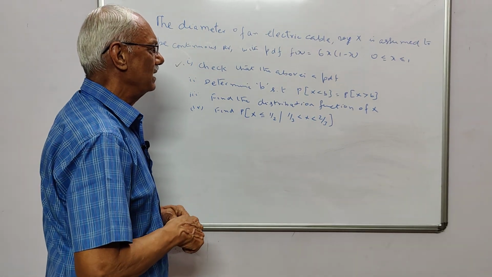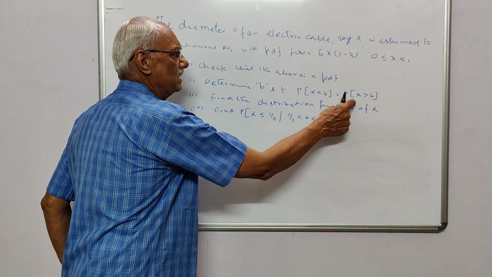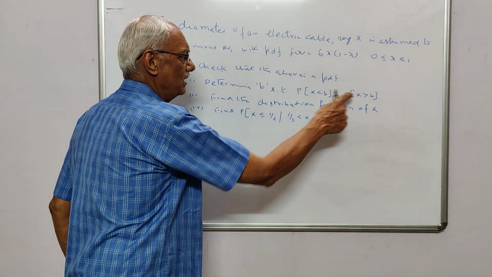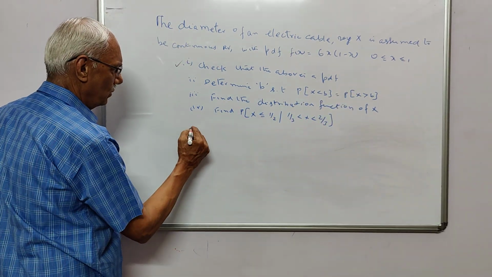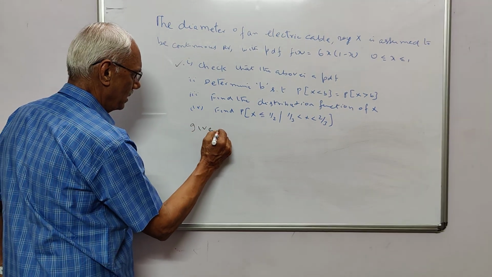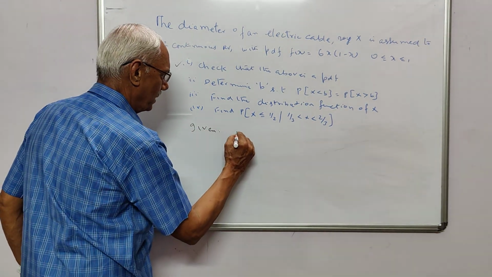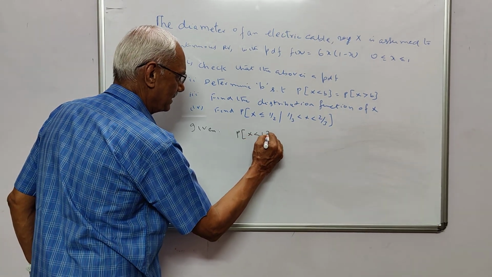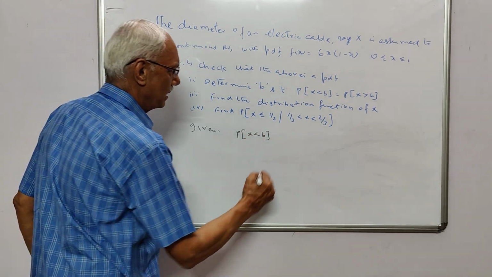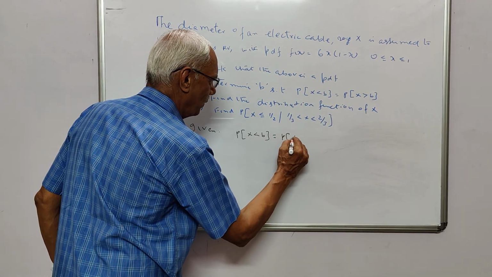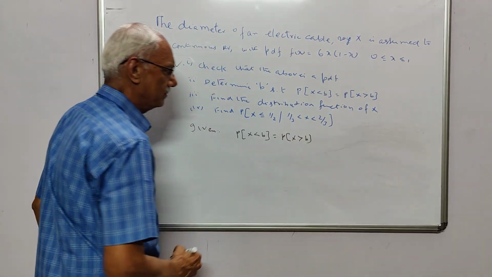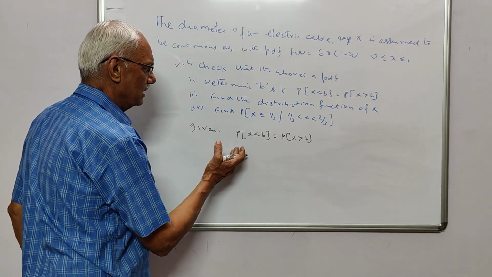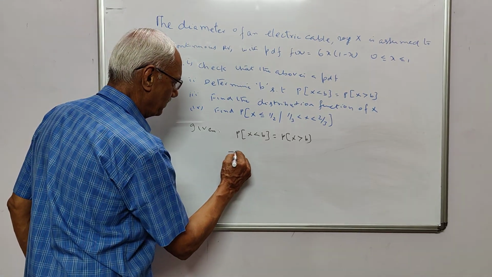Determine B such that this statement is true. What is that? Determine B so that this statement is true. Now you are given P of x less than B is equal to P of x greater than B. You know, what is the meaning of this? So this implies,